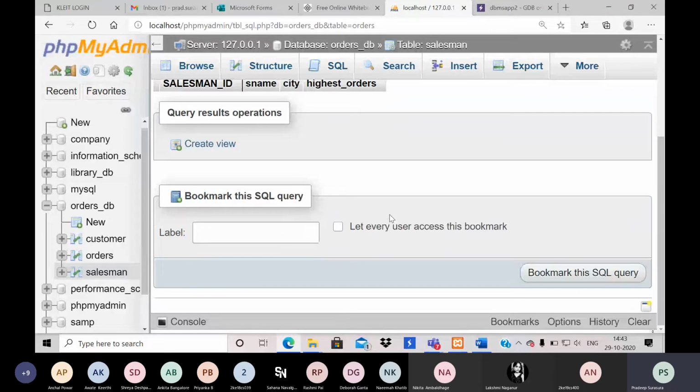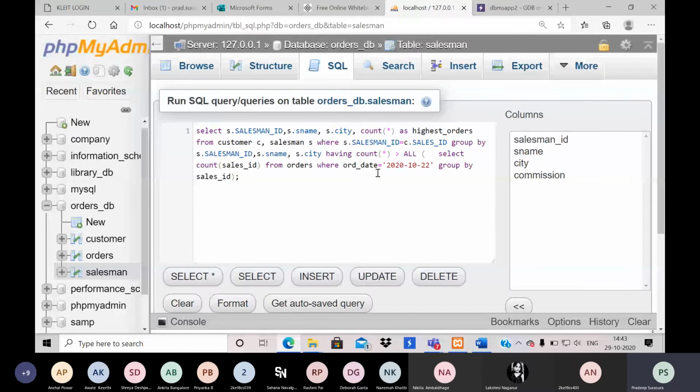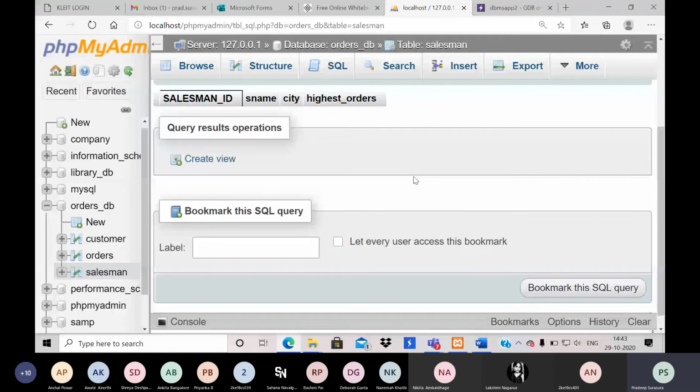MySQL returned an empty result set, 0 rows displayed, because I don't have the information. You know what happened? Can anybody say what happened? Shall I execute and show what happened again? What does this say? MySQL returned an empty result set, that is 0 rows. The query took so much time. Fine, but why was it 0 rows? Can anybody say something?